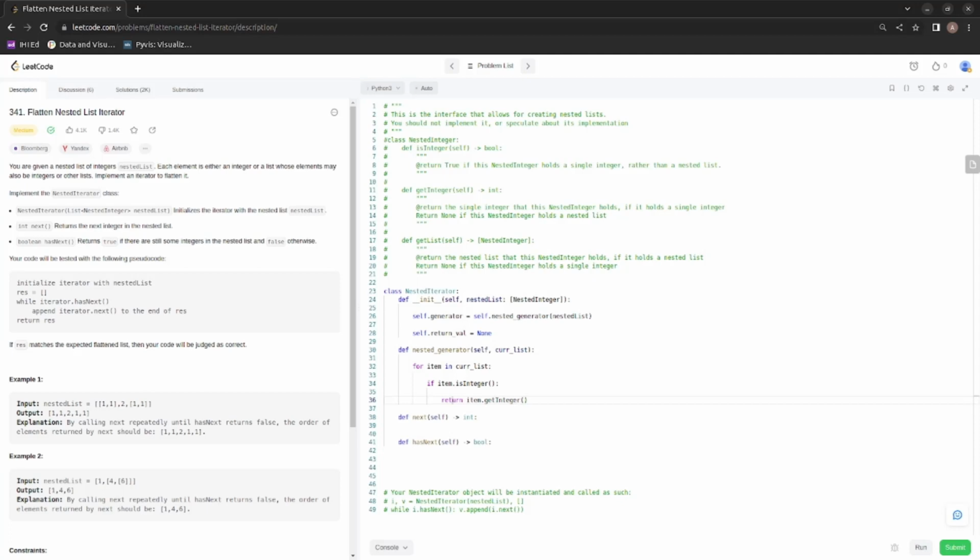So this is where the idea of generator comes into play. If we do a return, that means this loop stops abruptly. We don't want that. We want to remember this particular state. So we need to do a yield,